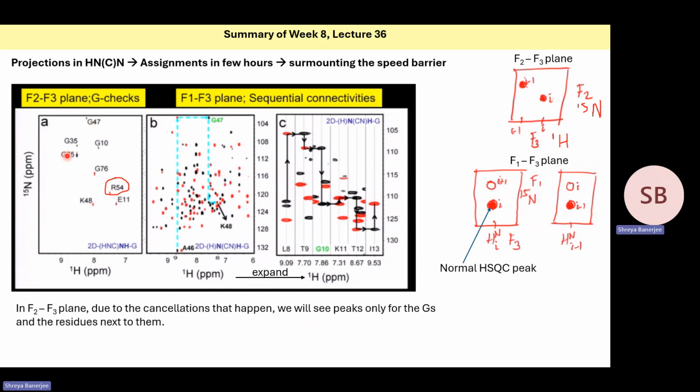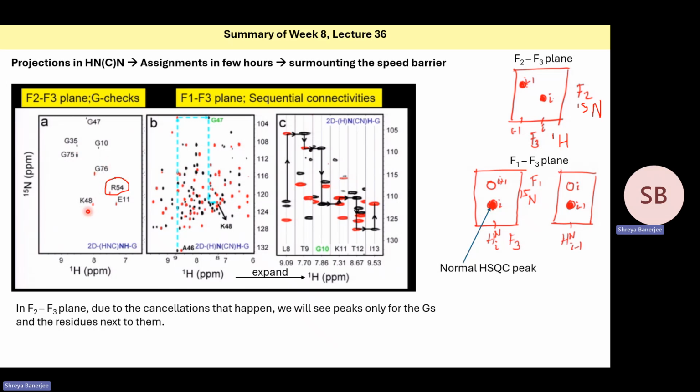Similarly, glycine 75, glycine 76, and glycine 35 is appearing on its own because maybe the next residue is out of range. So mostly the residues that will appear are the glycines and the residues just adjacent to them. So that is one quick way to find out how many glycines there are in the